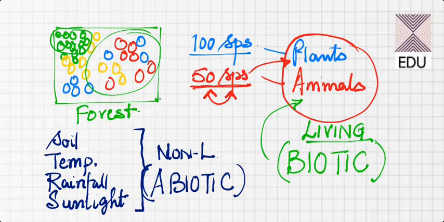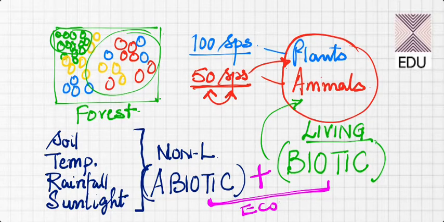If we combine together the abiotic and the biotic factors, that will comprise a whole ecosystem. So sometimes you may get a question on ecosystem. So you should be giving the concept of the biotic things and the abiotic things. Now, the study of this ecosystem is ecology. Now, an ecosystem will contain both the biotic and the abiotic things